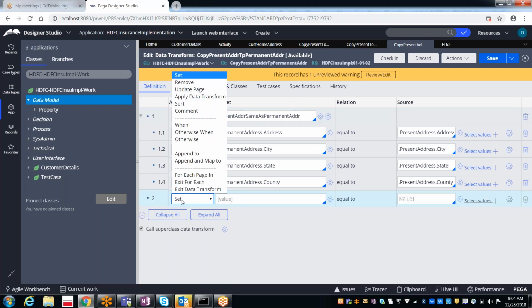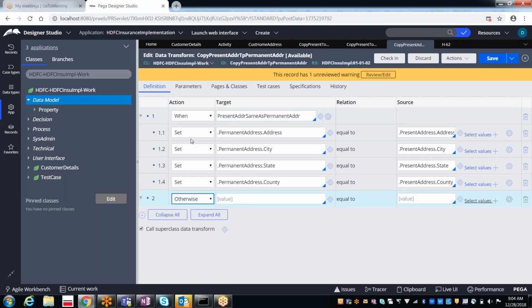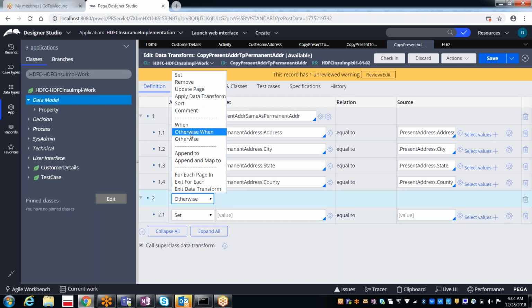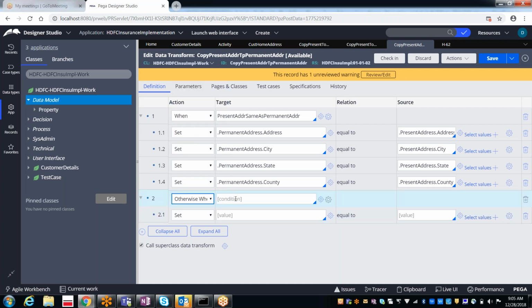So here we'll be using otherwise. That means if this condition is true, perform this, otherwise perform this. In case you want to have multiple conditions, then we can go for otherwise when, and one more condition you can give.